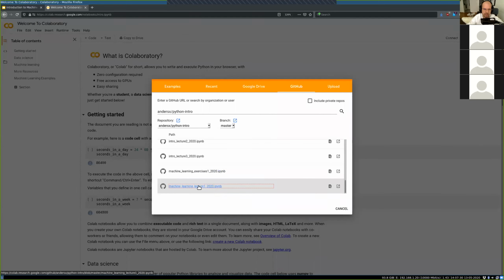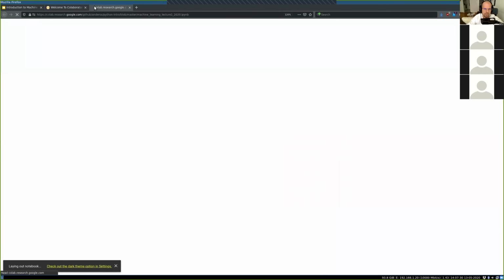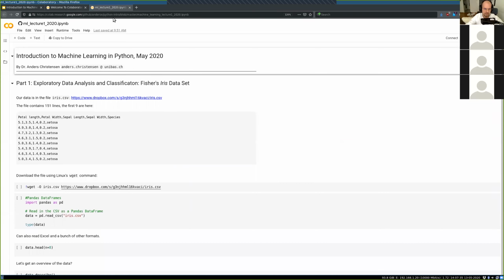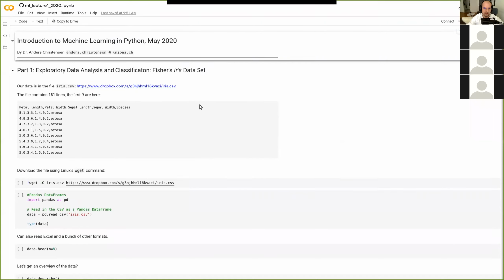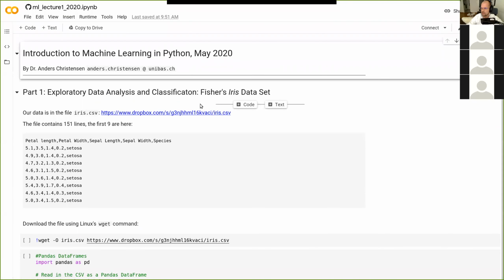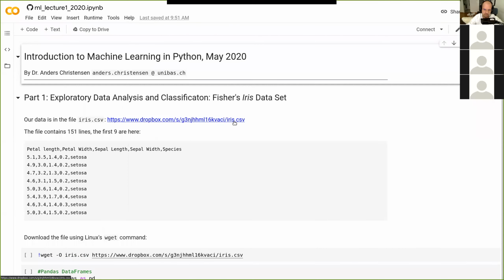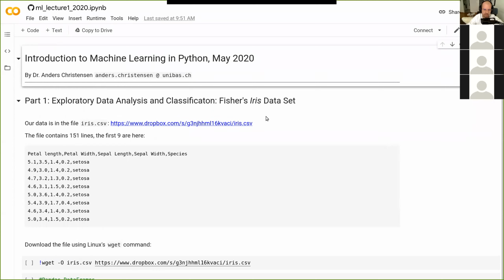So let's open the lecture notebook here. I'm going to full screen this, and then zoom in a little bit. You should be able to see that clearly on your screen, I think. Okay, so in this exercise, I'm going to take you all the way from a data set, which you have in a file, to a finished classifier for these iris species of flowers.